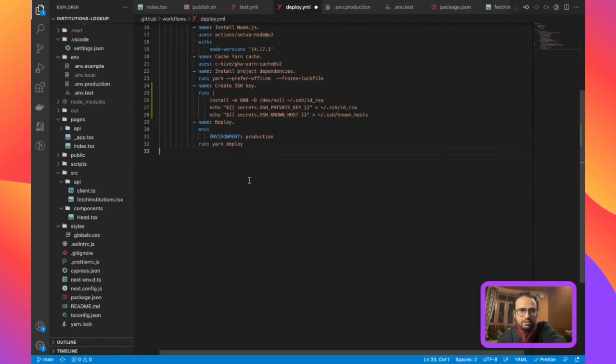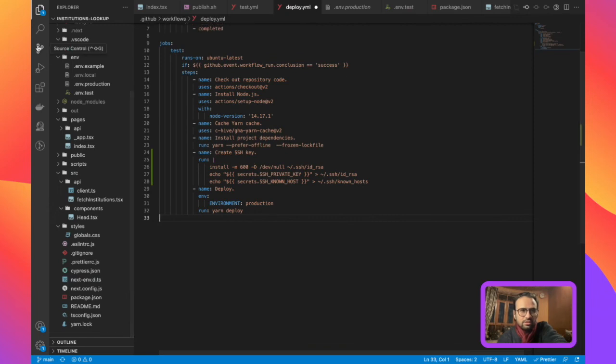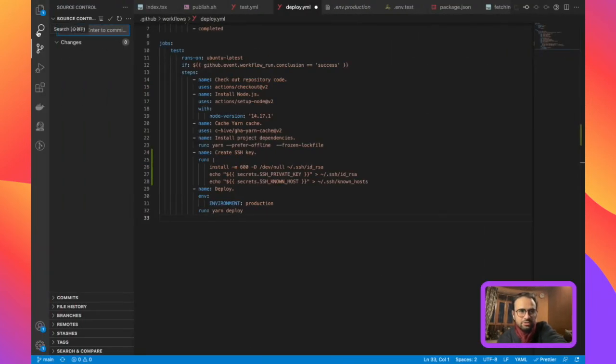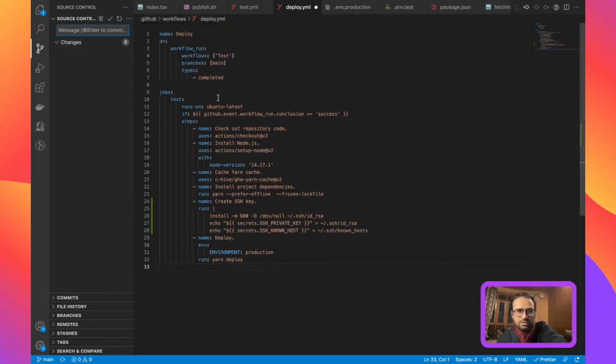Okay, wait a second. I actually used an incorrect repository. I shouldn't have used that one. Sorry, I was pushing to the repository that I was trying this with, and now I'll push it to the actual repository. So let me do that. Okay, create SSH key